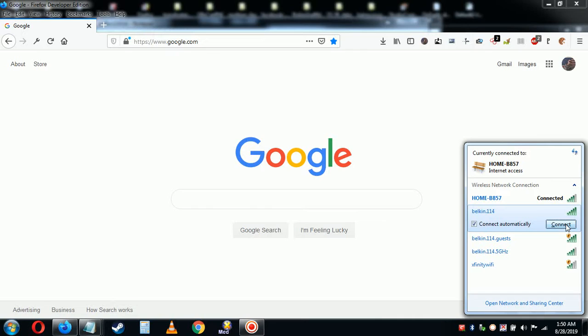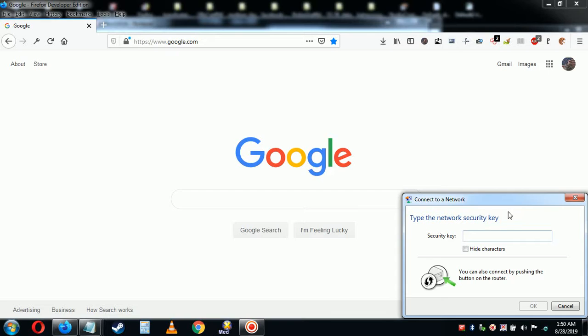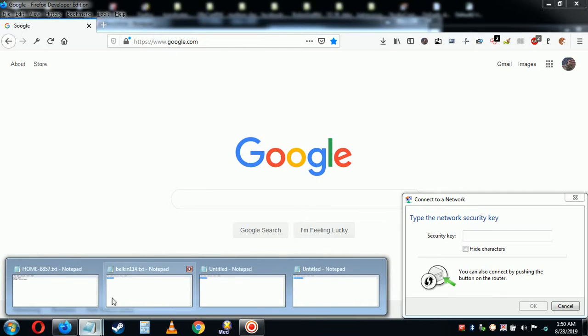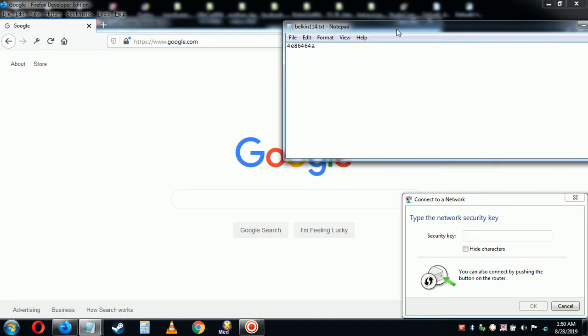First, you're going to want to, preferably on your laptop, because that's going to be the easiest way to access your control panel, and follow along with this video tutorial. So go and connect to your Belkin 114 Wi-Fi hotspot. It's going to ask you for the password, which we have already, which is, just in case you don't remember, it's this right here,